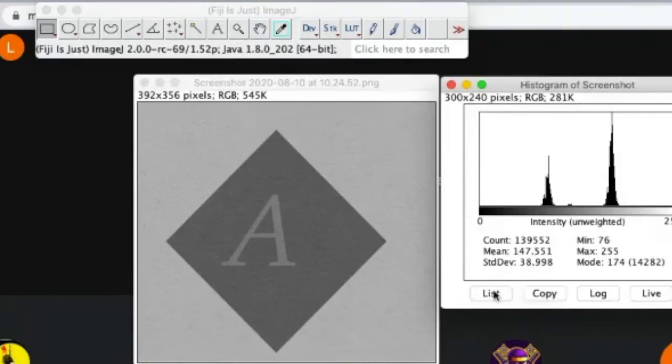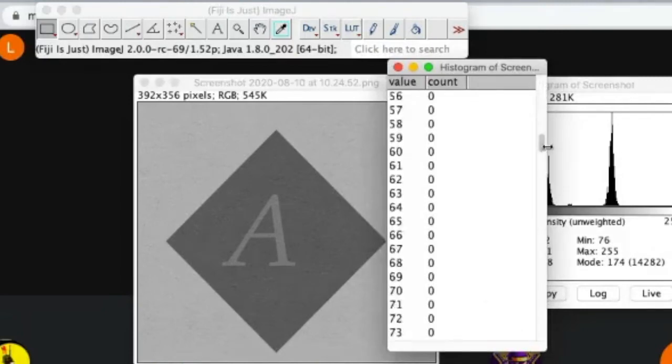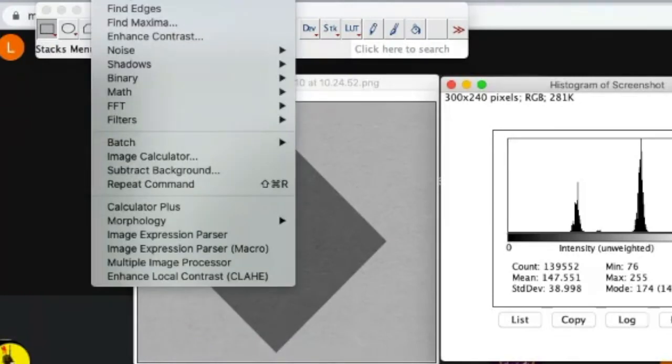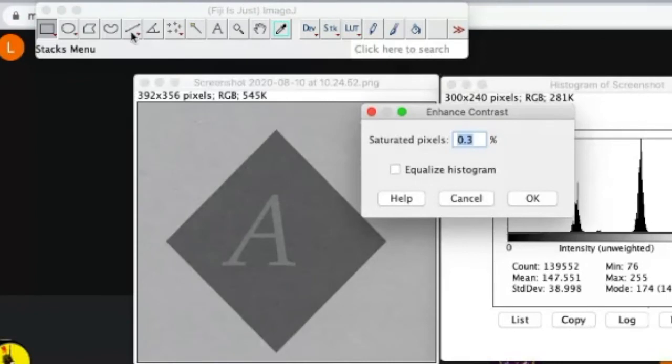So if I click list, you will be able to see all the non-zero values. So at 255 also there are 392 values. So that is the noise in the image. When we apply histogram equalization, the nature of the peak will remain the same, as we did in that numerical the other day. The only change that will happen is these values will be pushed along such that it will try to use the maximum range available.